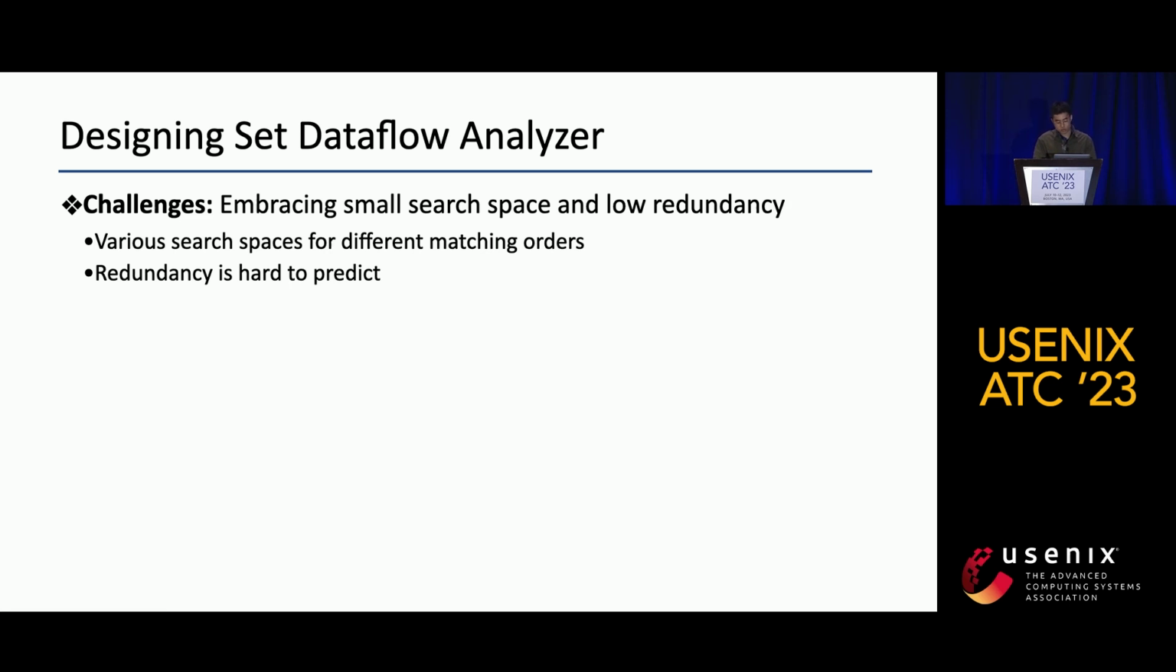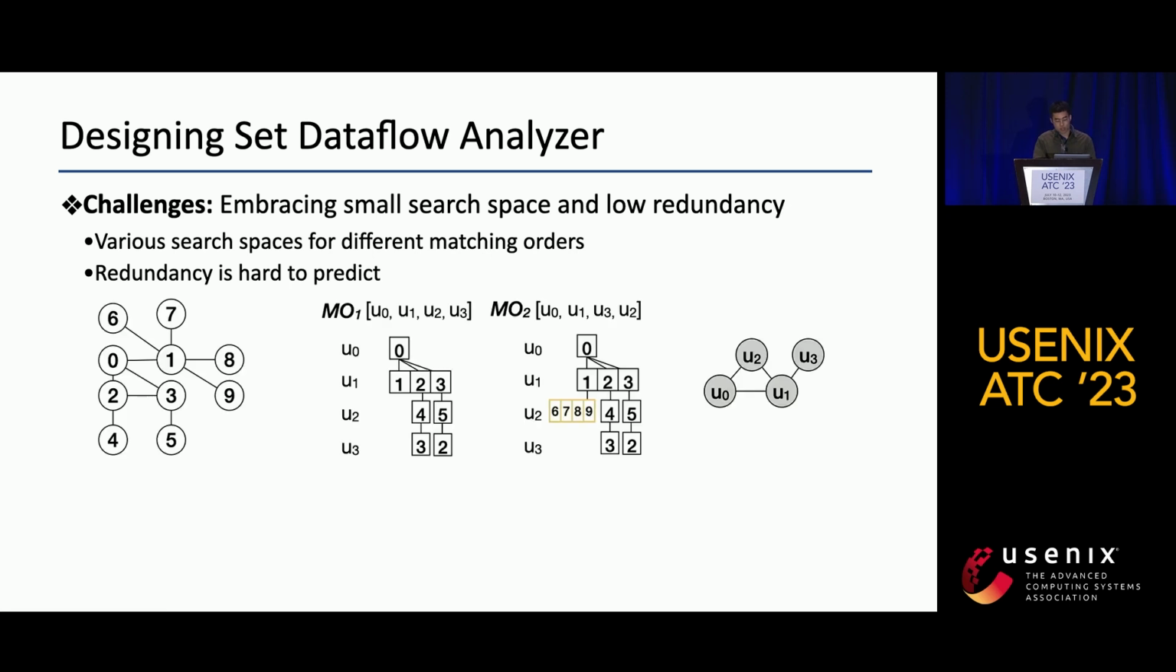We can extract the set Dataflow only after determining a matching order. However, it's challenging to realize both an efficient search space and minimum redundancy. As illustrated in the figure above, different orderings can result in different search spaces. We want an order with the fewest workloads. Furthermore, in order to improve data reuse efficiency, we hope that the most frequent redundant computations occur at the beginning